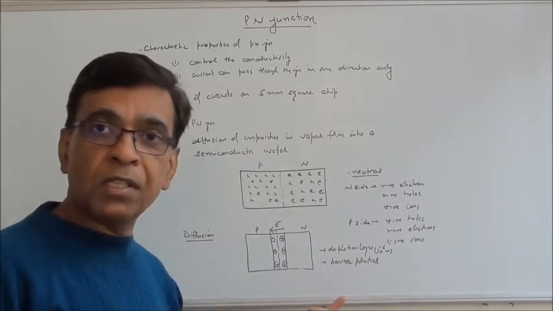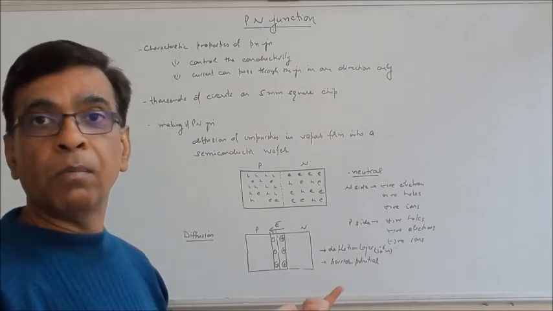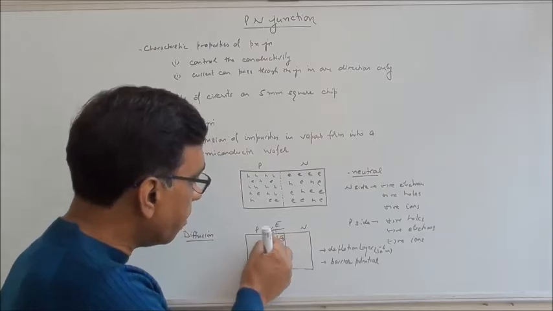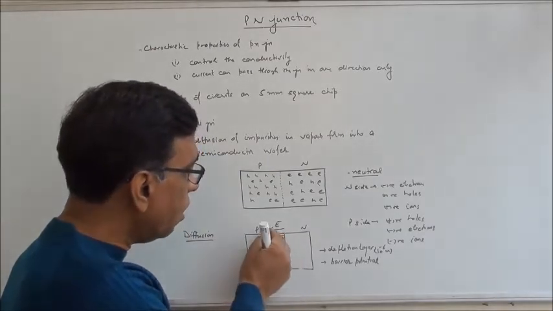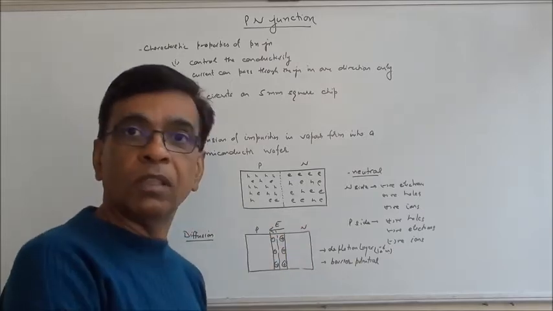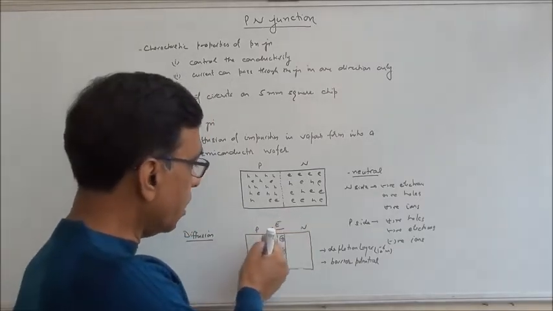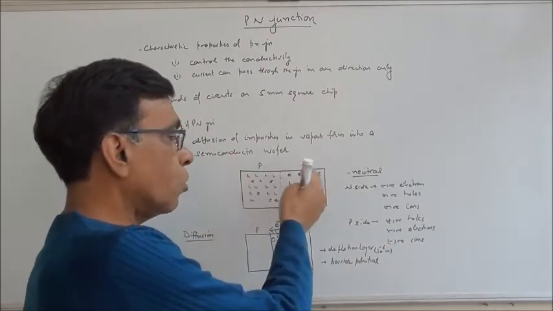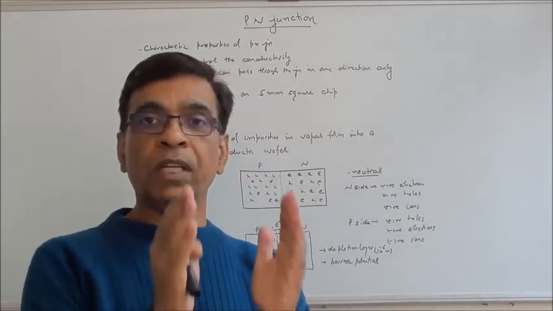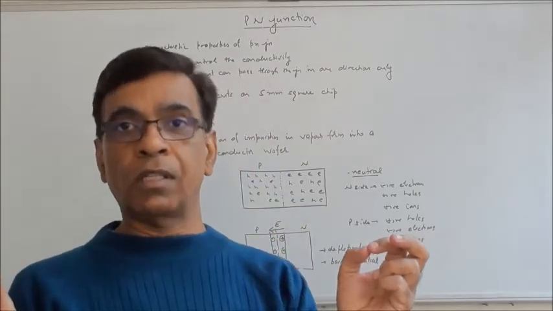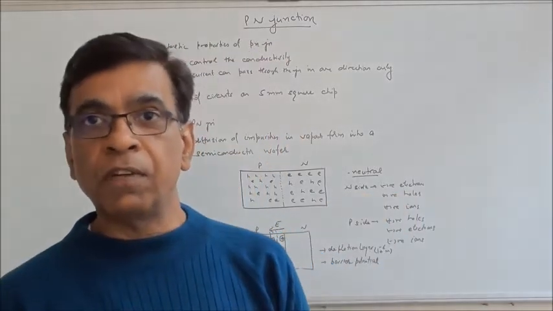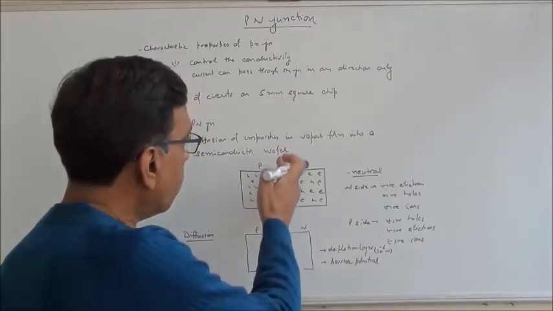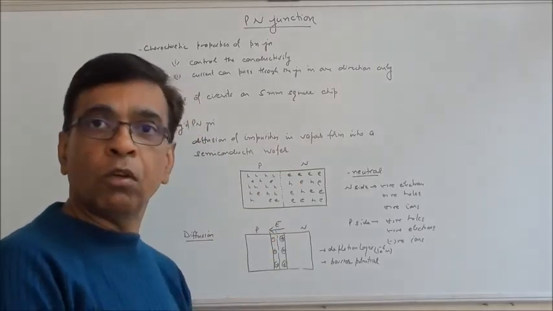There is a potential difference, and this is called barrier potential. And the reason we call it barrier potential, now see, once this electric field is set up, electrons of this region are now pushed away from this junction. Electrons experience a force in the opposite direction. Same way holes. So it means that the motion of the electrons to this side or holes to that side will stop now. So when a junction is formed, this motion starts. When this field is sufficient to stop this movement, this is the equilibrium state. Okay. So now no more motion of electrons and holes.